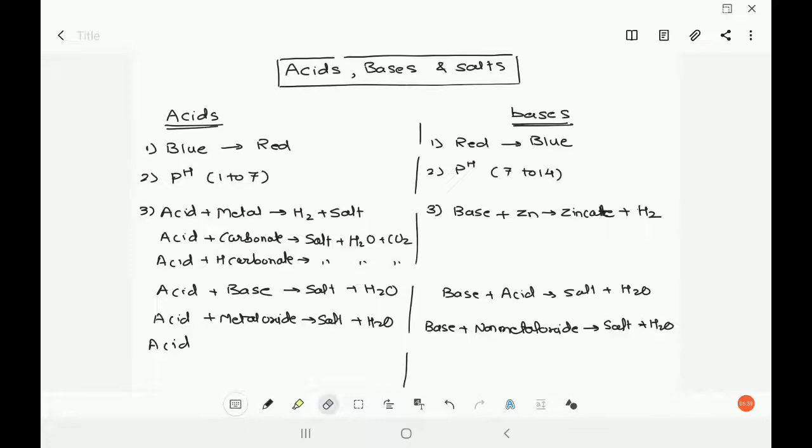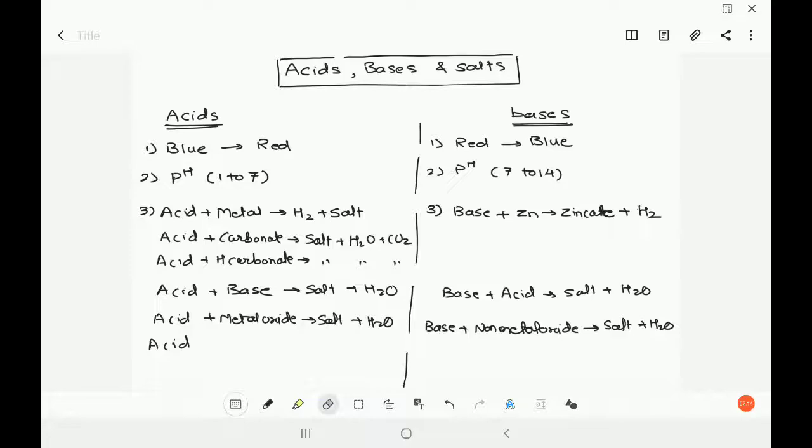pH paper is a simple colored paper. If you put that into the solution, it turns a different color, and each color will give a rating to that particular solution from 1 to 14. Okay, there are 14 different colors, and each color will give you a different rating. Based on this rating, we can easily understand whether it is acid or base, and at the same time, depending on the number, we can even find out the strength of the acid and base.